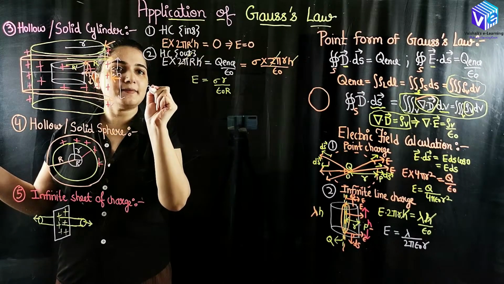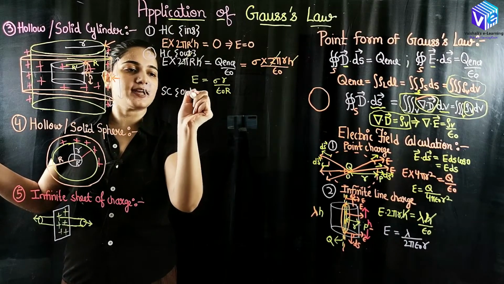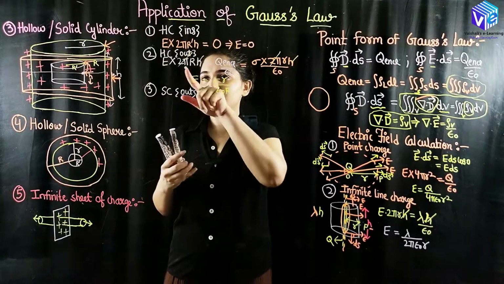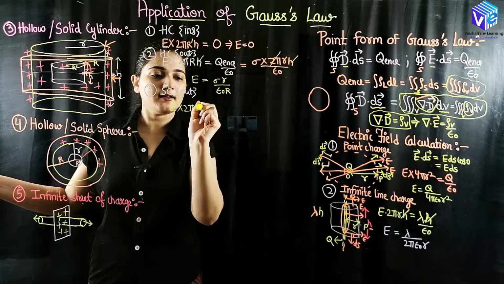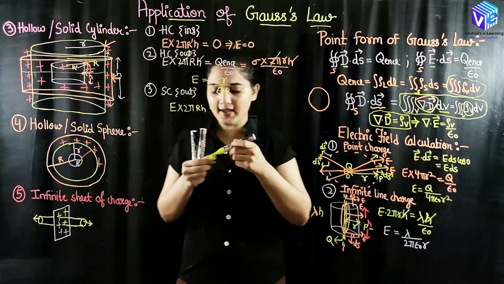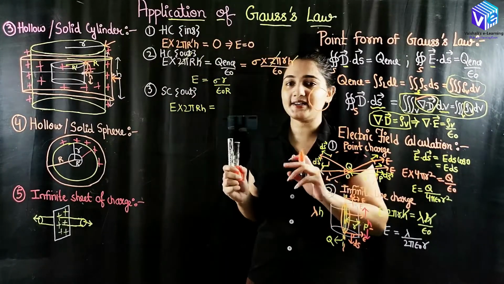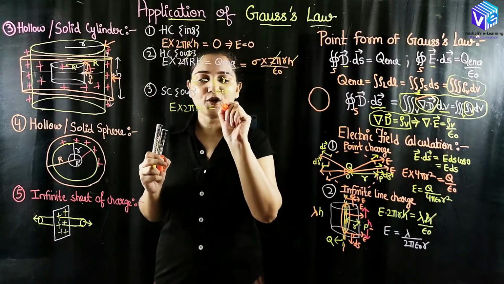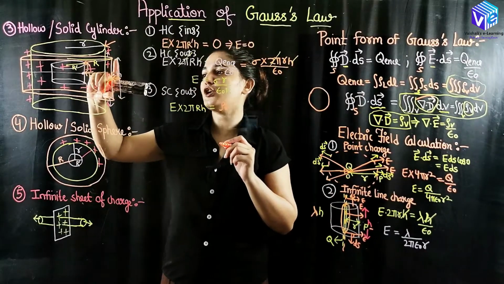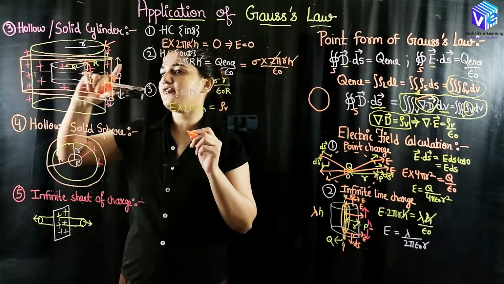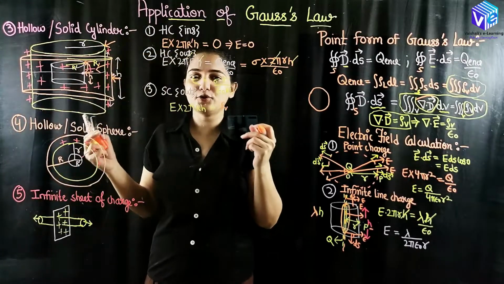Now again I am taking the outside case, but I am taking the solid cylinder. In the outside case, this parameter will remain same. So E into 2 pi R H will remain as it is. So here I have taken the Q enclosed. If I have the solid cylinder, I will be using the volume charge density rho V, multiplied with the enclosed volume. So the enclosed volume inside this big cylinder, the actual cylinder will be contributing to the volume.